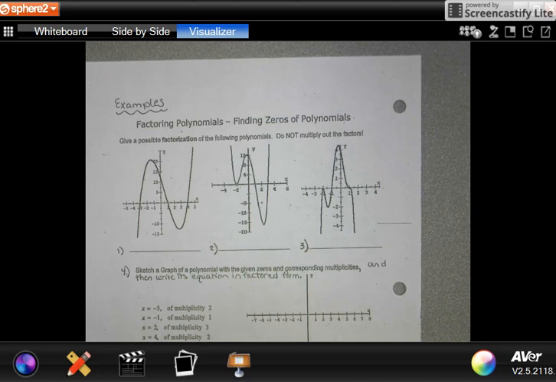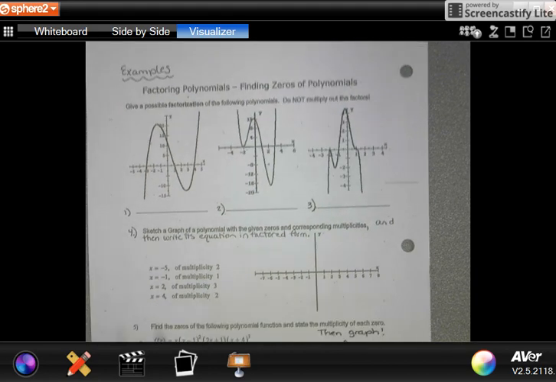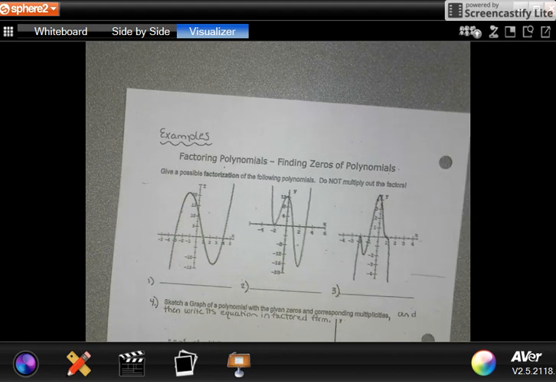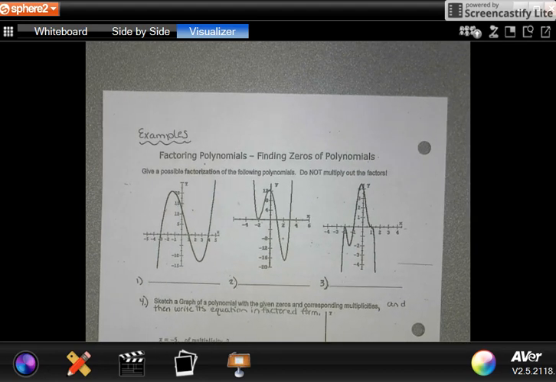Okay, so now that we've gone over what happens at each zero, depending on the multiplicity or the exponent of that expression, we can start piecing together a graph. If I give it to you, you can write me the equation of the graph. Or if I give you the equation with different multiplicities, you can sketch what we think the graph might look like. So one thing that you want to remember is from last Friday when we did our original